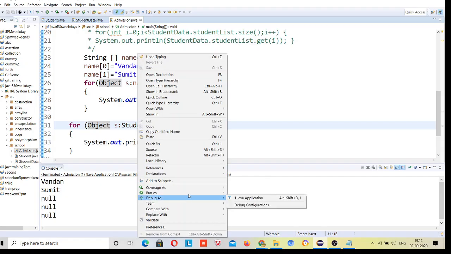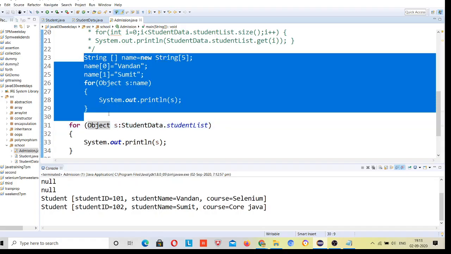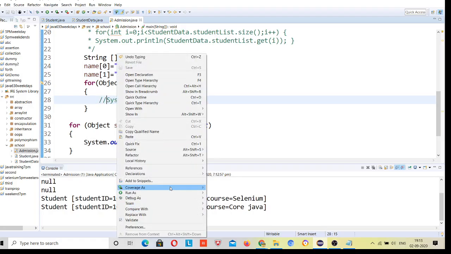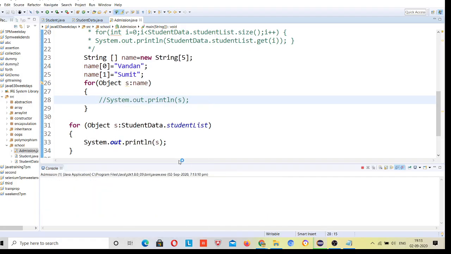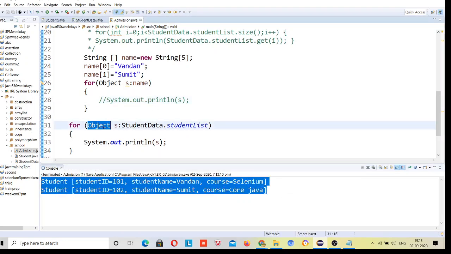Let's print it. Let me comment this system.out. When I run this, see, this object type understands every kind of data. If I was trying to print student data, I could do it.